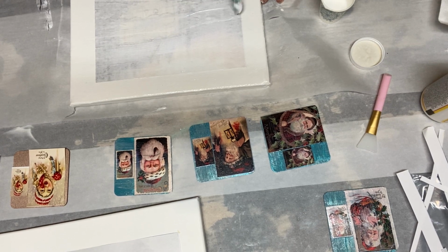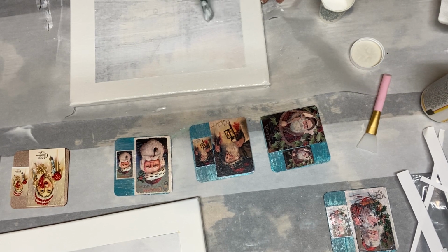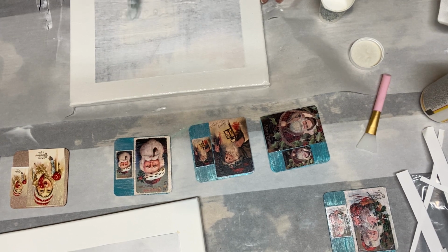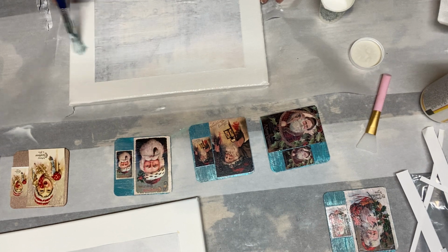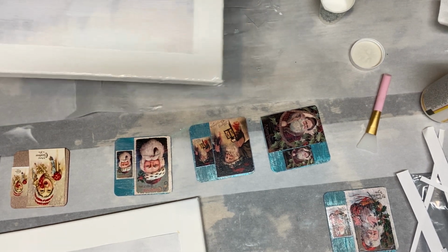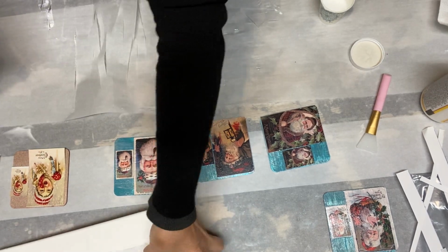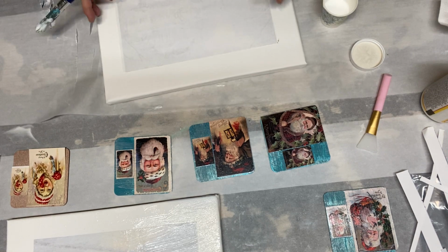You see air bubbles, gently, because this is just printer paper, so it's thinner. Gently move your air bubbles out if you can. Okay, so now this puppy is going to sit and dry, and I have one more we're gonna do,